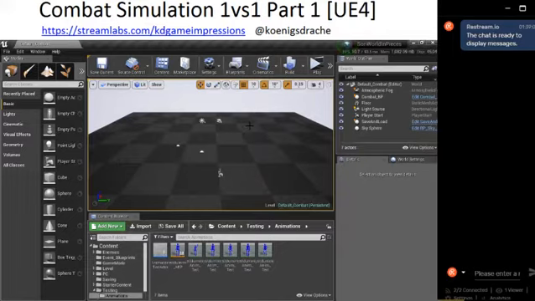And when it feels right, the combat with multiple characters and so on, then